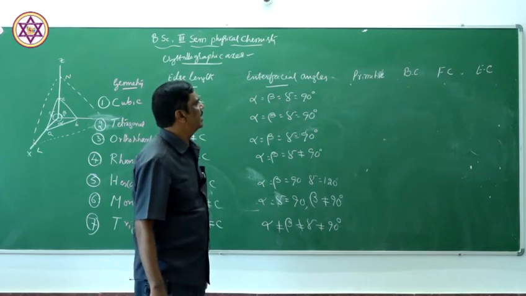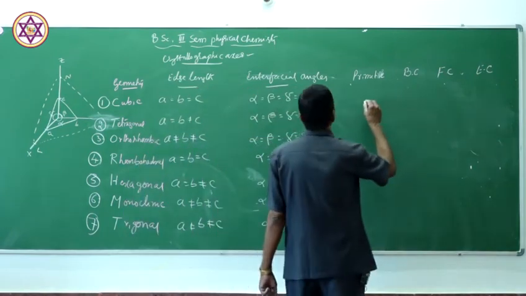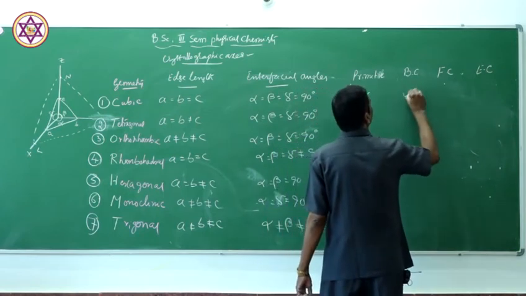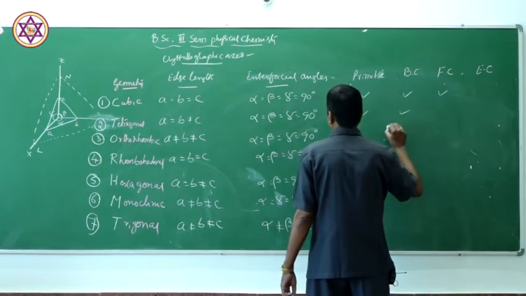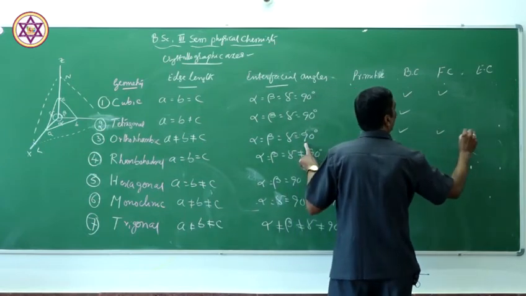So, these lattice can be represented using the formula 3-4. 3-4 means here in case of cubic 3, here only 2, in case of orthorhombic 4,